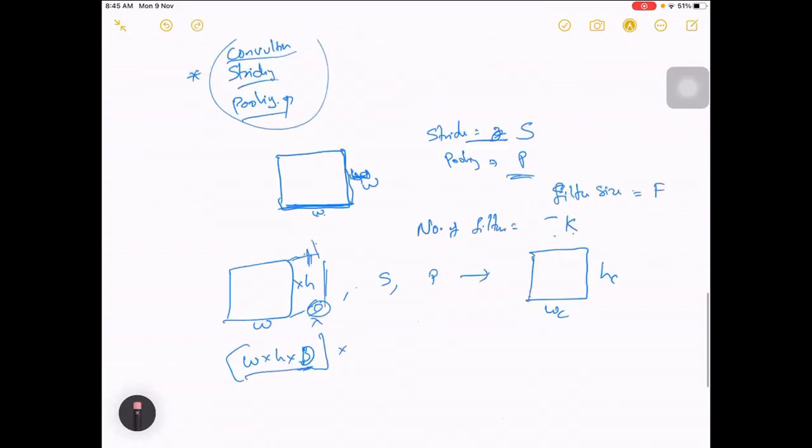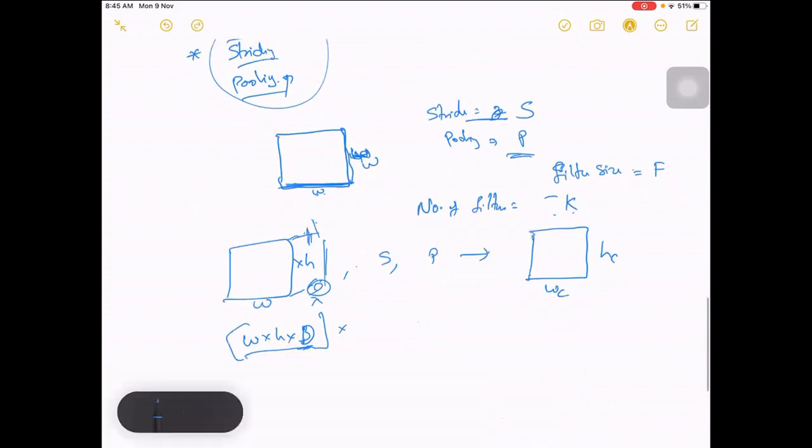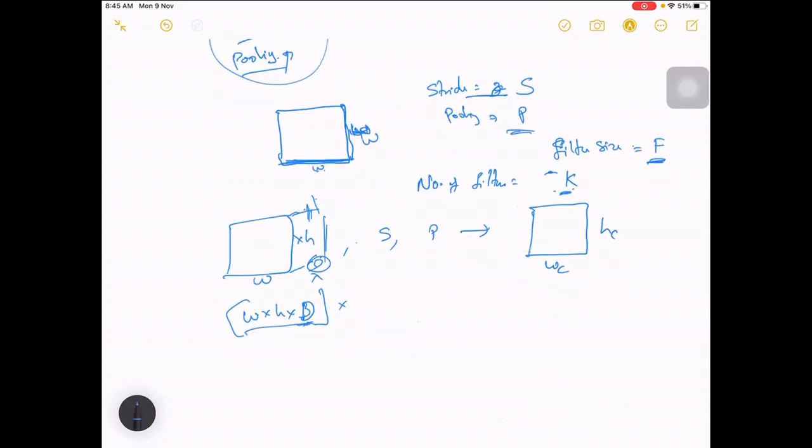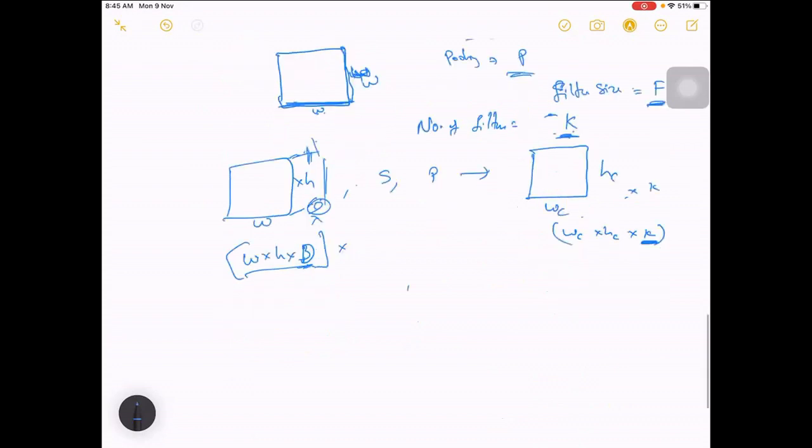So the size of the filter also matters. If the filter size is F and we have K filters, your output will be WC by WC into K, where the last term is the number of filters. And WC will be (W minus F plus 2P) by S plus 1.